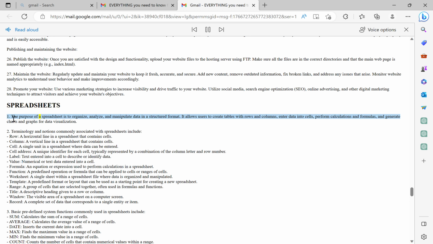1. The purpose of a spreadsheet is to organize, analyze, and manipulate data in a structured format. It allows users to create tables with rows and columns, enter data into cells, perform calculations and formulas, and generate charts and graphs for data visualization. 2. Terminology and notions commonly associated with spreadsheets include